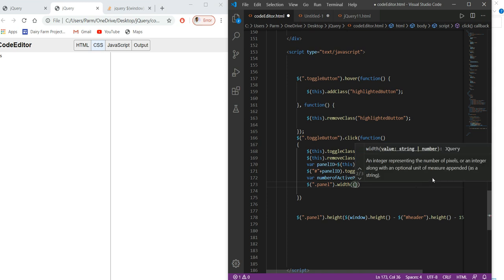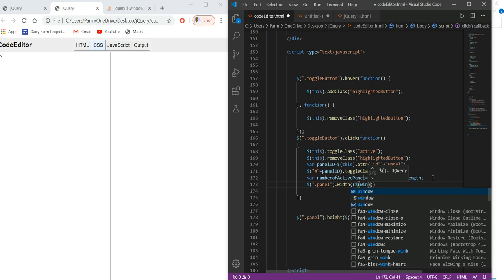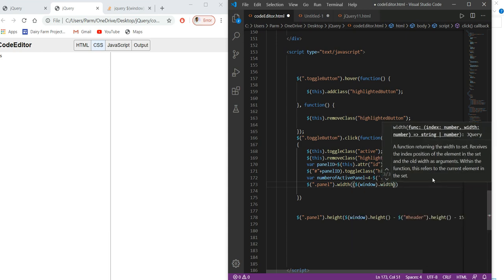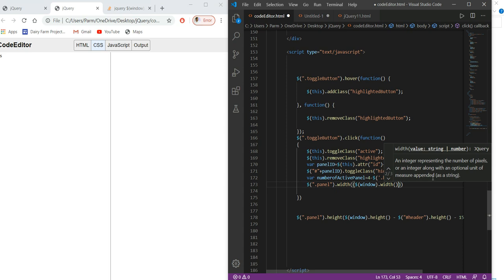We just take window width, window.width. Similar to that, we have taken height over there. And this should be divided by the number of active panels.